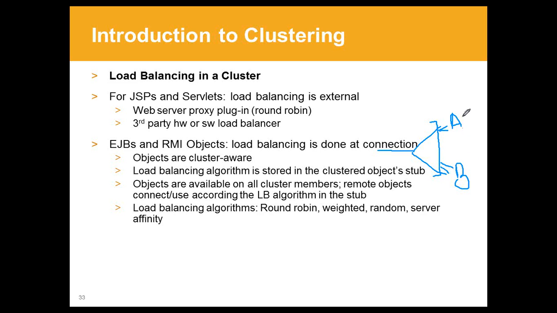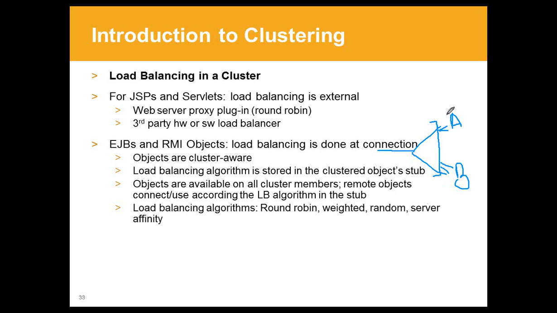Weighted is where we assign weights to managed servers. It works in that way. Random is where the request can go to any particular managed server. Server affinity. What happens in server affinity is